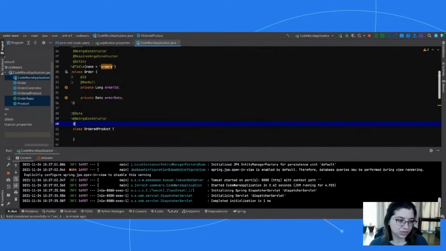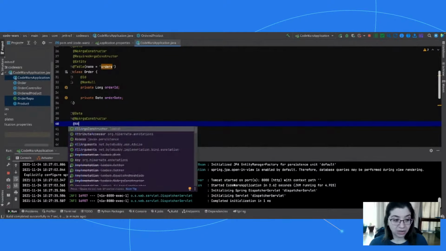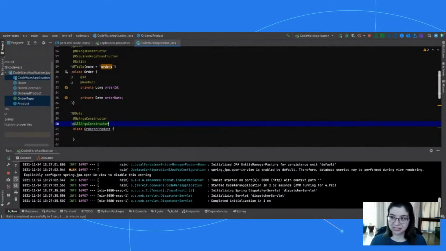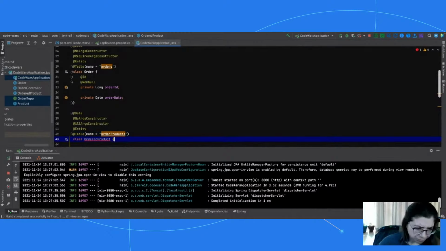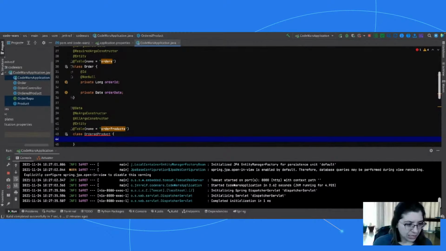No args constructor. Now we need an all args constructor here because this is an entity that's tied to two other entities. And so we want all the arguments involved in this entity because it's connected up. And then we need to define it again as another entity because it is a separate table in our database. So again, naming not super great here on the database side for me. So I'm going to sync that. And that should be good.